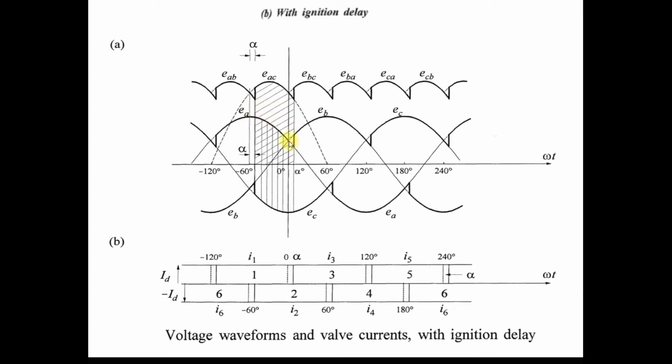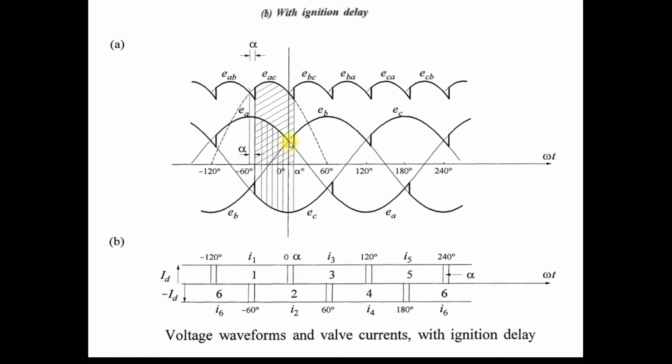You can see that at every zero crossing instant, after that alpha you provide the firing pulses to the next phase valves. Clear? From this phase crossover point, B phase becomes most positive, meaning valve number 3 comes into forward bias. But at this zero crossing instant, do not provide the firing pulses, because alpha has some value, 10 degree or 20 degree. So after this phase crossover point, you provide the firing angle delay alpha, and after the end of this firing angle delay, your valve 3 will start conducting.